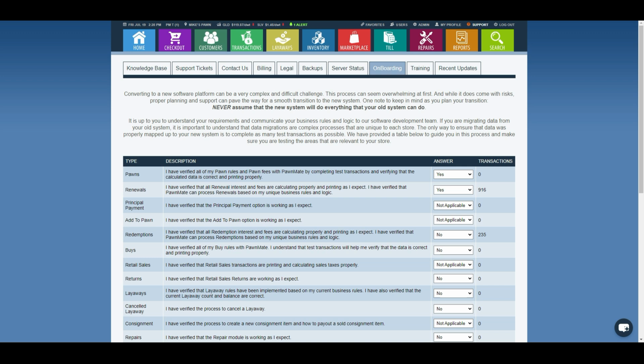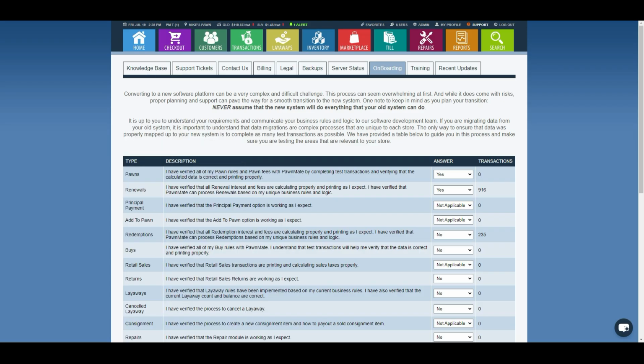Okay, so once your data is in, then Mark compares the numbers. Here is a migration that Mark did 24 days ago from PawnMaster. So you can go ahead and have a look at these numbers here, and we are spot on with our numbers, bringing that over. Okay, so really important. Once that data is inside